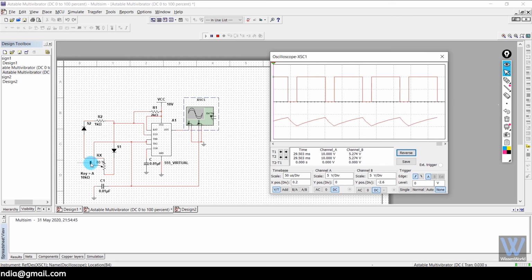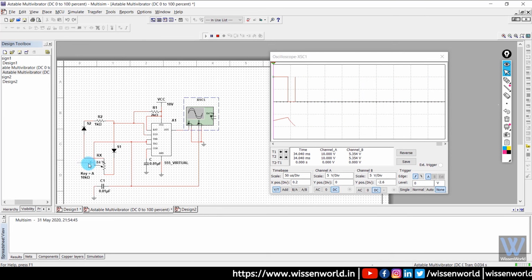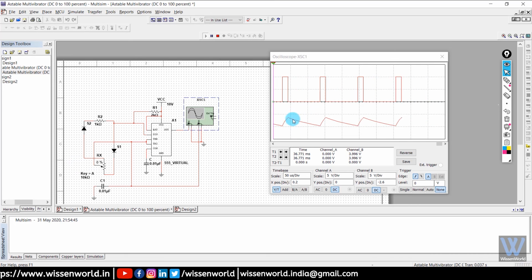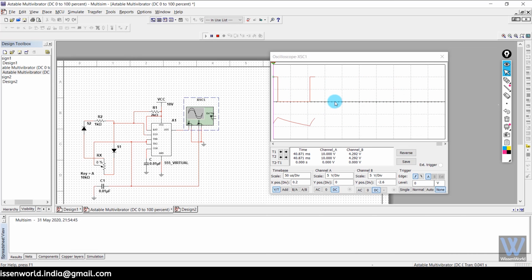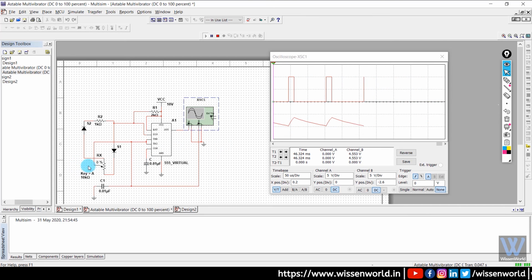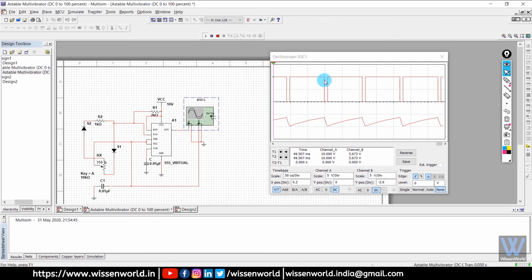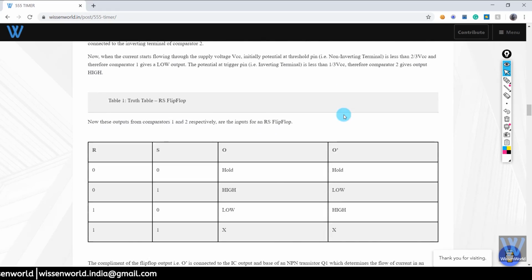Now when you change the potentiometer value, you can see that our duty cycle has changed. Now when I reduce the potentiometer to its left terminal, you can see that the charging time has been reduced so much and the discharging time has increased by the same amount. Now this is the least duty cycle we were able to achieve using this circuit. And when we take the potentiometer to the right extreme, you can see this is the maximum duty cycle we could achieve. Now I have entered these observations in my article.